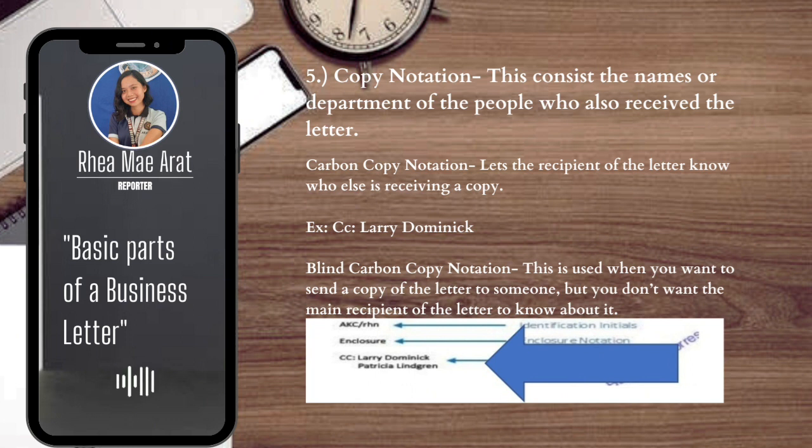Just like CC, which is the carbon copy notation, BCC or the blind carbon copy notation is followed by the names of the individuals who received the blind copy. However, this line will only appear on the copies sent to the BCC recipients, not on the copy sent to the main recipient. So, for example here,